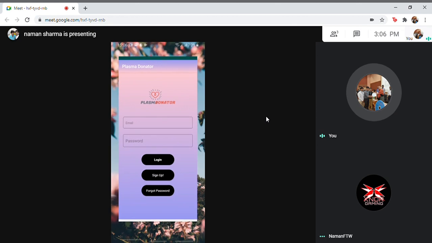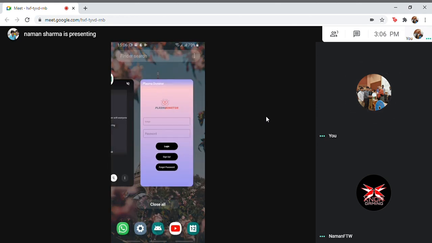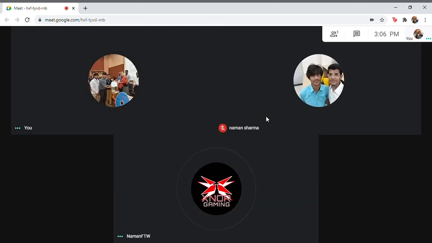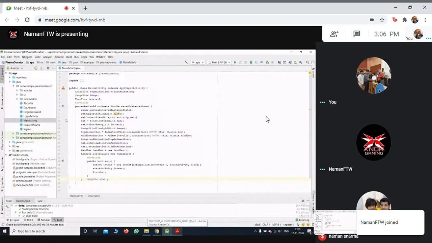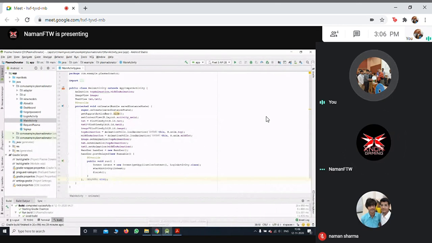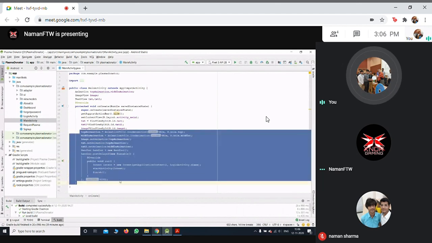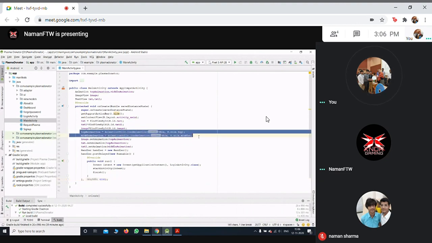Now we will be showing you the code for the application. This is the main activity. This is the flash screen that appears when you open the application, and we have added some animations over here for the flash screen.